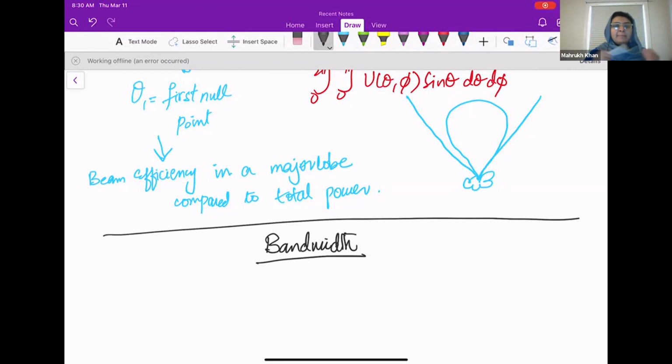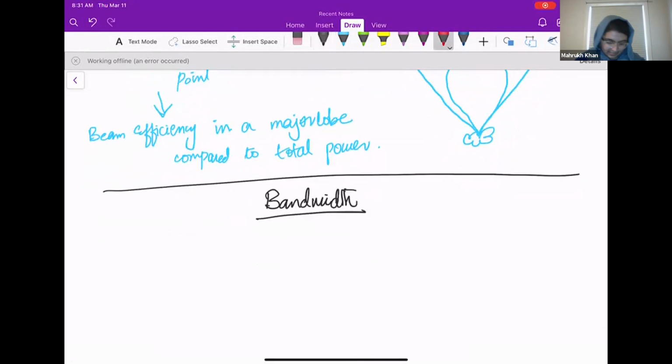Let's say if we say impedance bandwidth, okay? So impedance bandwidth is that your antenna's impedance will be below a certain threshold for this range of frequency, right? So that will be impedance bandwidth. For pattern bandwidth, your antenna's radiation pattern should behave according to some threshold for that range of frequency. That will be your pattern bandwidth. So there are different types of bandwidths, but the general term of the bandwidth is,